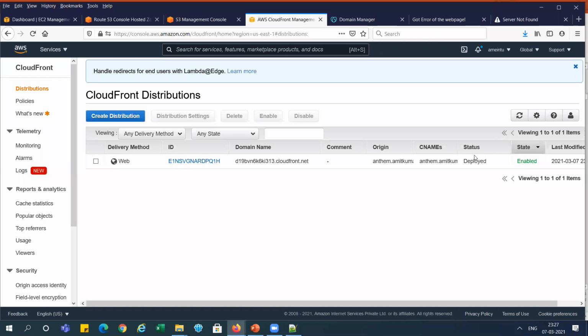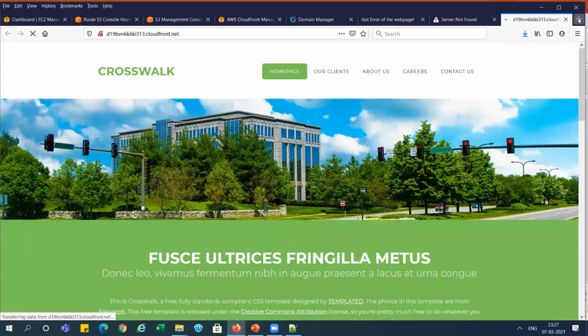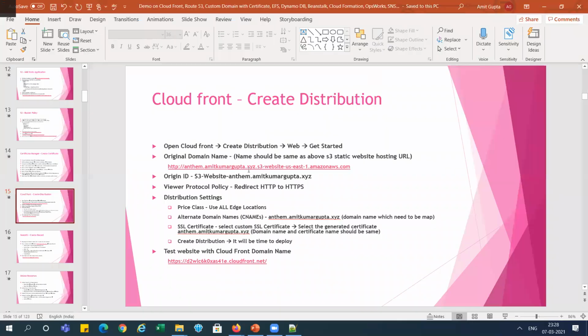You can see here the status is showing deployed, right? So we got the domain name here. Just select this domain name and run it. You can see this is working fine here. Let's check with HTTPS also, right?